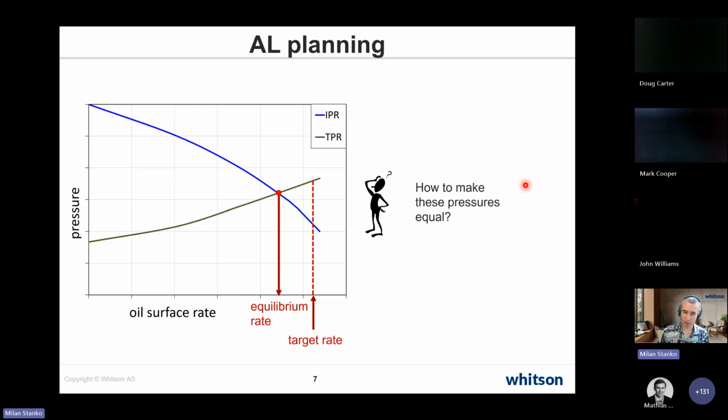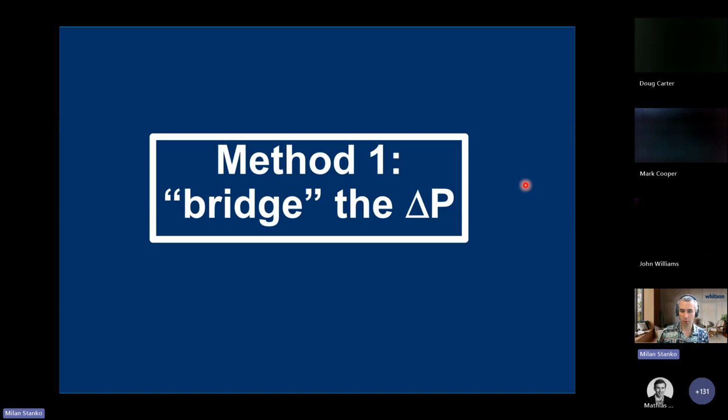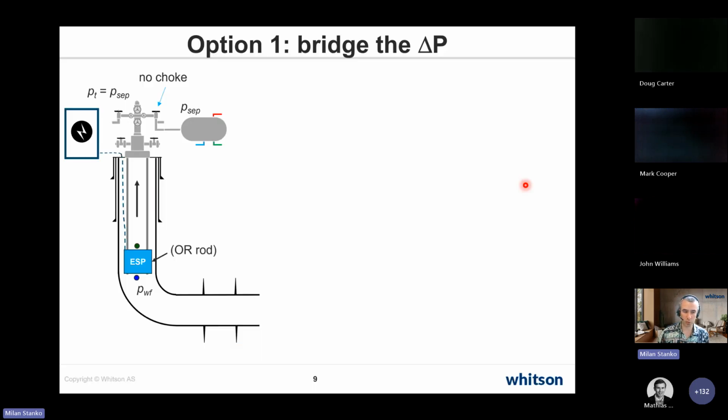So the main question of artificial lift is how do we make these pressures to be equal? How do I breach those pressures? And there are two main methods. The one method is to try to breach the delta P, to put something to breach the delta P, and that is to provide energy to the fluid such that it can pass from this state of pressure to that state of pressure. And in this case, I decided to use the example of electric submersible pump, but it's similar